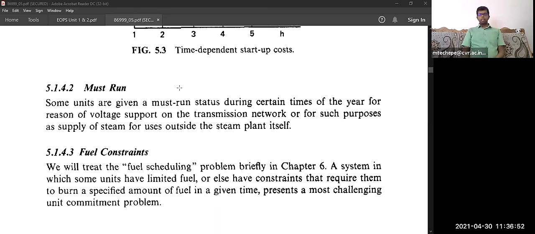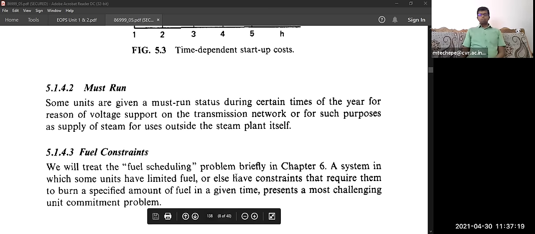Then they will go for like 500 or 1,000, like that. But only a few, the majority of the generators are rated from 100, 200, 500, like that. Only a few generators might be of higher rating, because that much pressure we have to get for turning that turbine runner of 1,000 megawatt, like that. Next, the fuels also play a very important role in hydrothermal